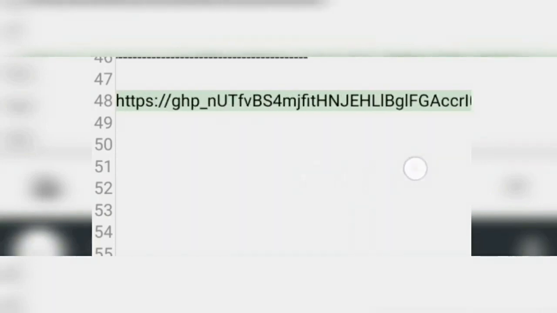Now we need to add the token that we copied before to the link, because this is a private GitHub repository. You need to paste your token between https:// and github.com. Now you need to add @ at the end of the token. Now you need to add the git clone text to the start of the link to run this as a command.